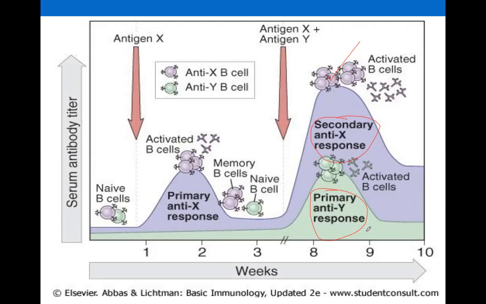Okay, so please take note, there is a primary and secondary response, and this will be based on the reintroduction of your antigen or re-exposure or a first-time encounter to such antigen. Okay. All right. So,